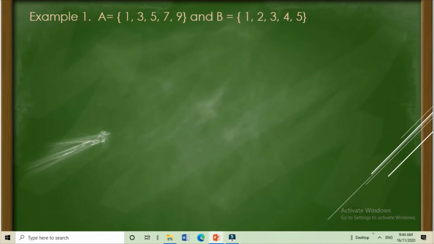Example number 1. Set A is equal to the elements 1, 3, 5, 7, 9, and set B is equal to the elements 1, 2, 3, 4, and 5.